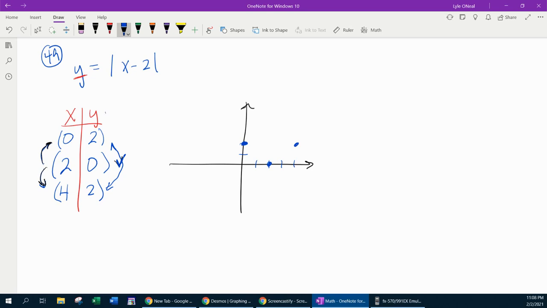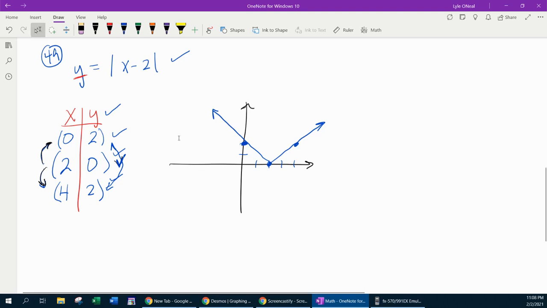Isolate the y, create your table of values, plot every point, and connect the dots. The 4-step process works, like I said, pretty much every time. And how did I know it makes a V? Because its absolute value makes a V. Now, again, that's it for